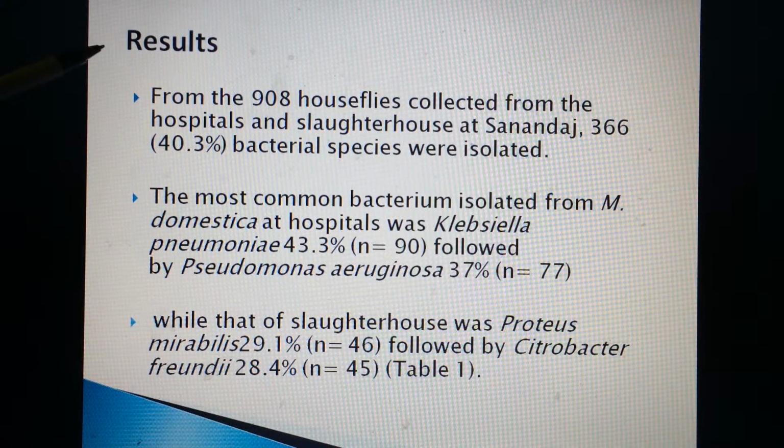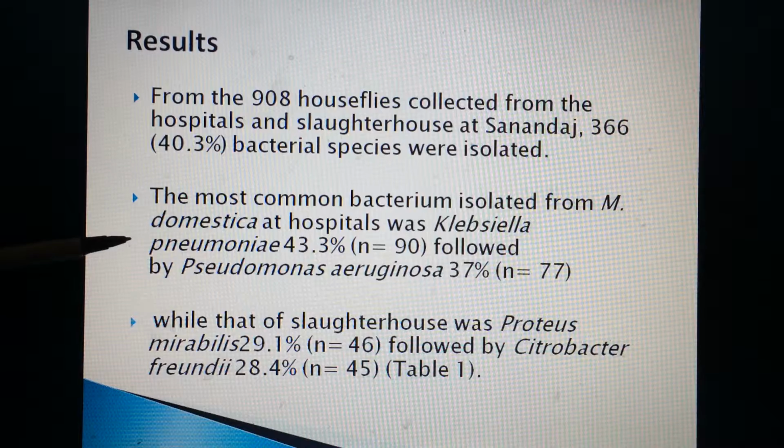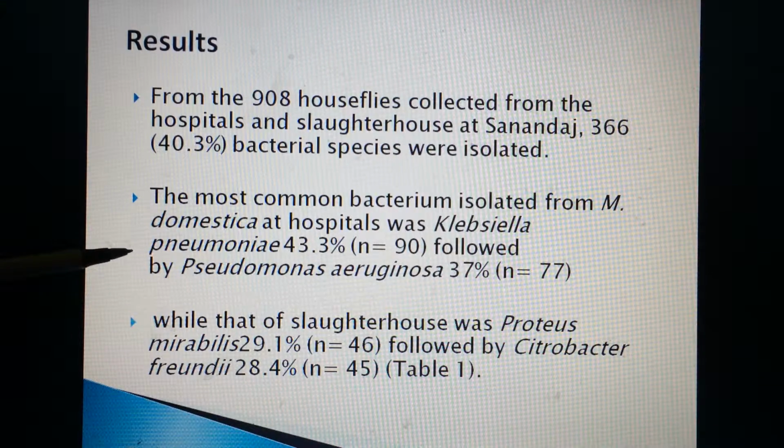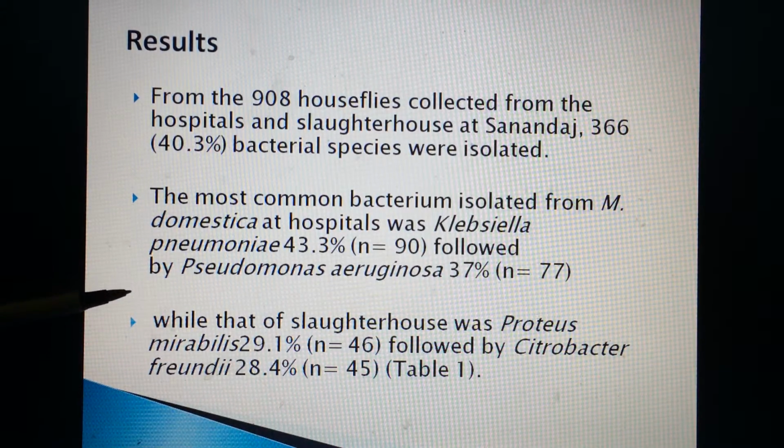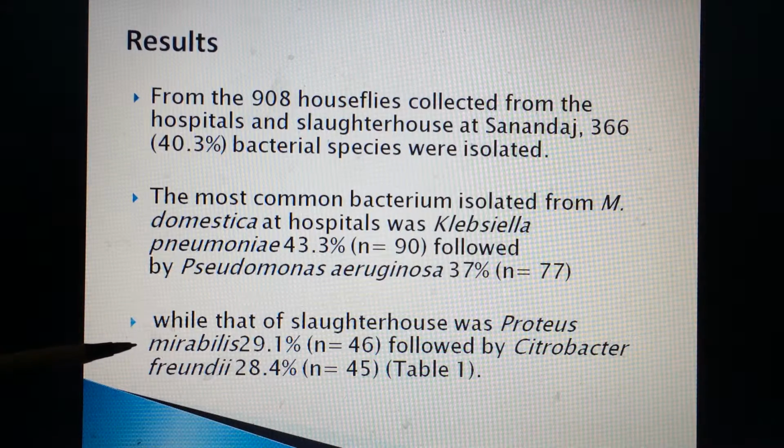Results. From the 908 houseflies collected from the hospital and slaughterhouse at Sanandaj, 366, which is 40.3%, bacteria species were isolated. The most common bacterium isolated from Musca domestica at hospitals was Klebsiella pneumoniae, 43.3%, number 90, followed by Pseudomonas aeruginosa, 37%, number 77,